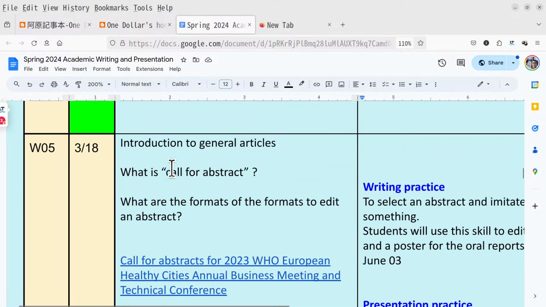And today, I have a serious topic, that is call for abstract. What is an abstract? There are several meanings of abstract, and today I want to talk about this. It's a brief piece of academic writing, academic text to describe one's research or one's investigation. And at the end of the semester, I encourage everyone to write up an abstract or a poster like this